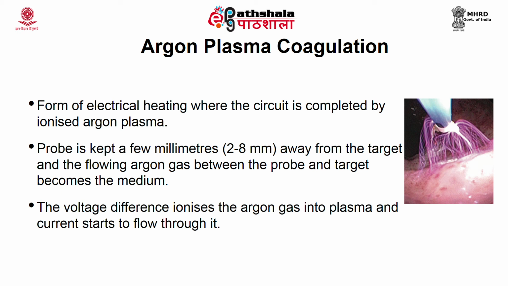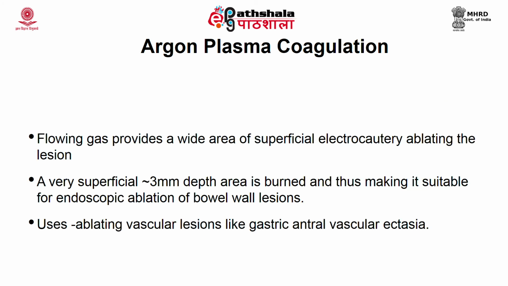For example, what we are showing in the picture is something called gastric antral vascular ectasia, in which there is vascular ectasia in the mucous membrane of the stomach, the antrum of the stomach. So APC is the treatment of choice for this condition. It sprays electrical energy over this lesion. It makes eschar formation on that tissue, and when eschar formation takes place, the electricity does not conduct through it. The electricity spreads peripherally.